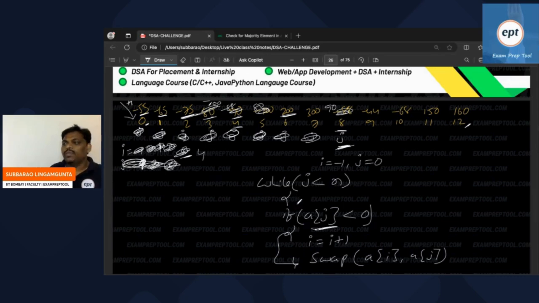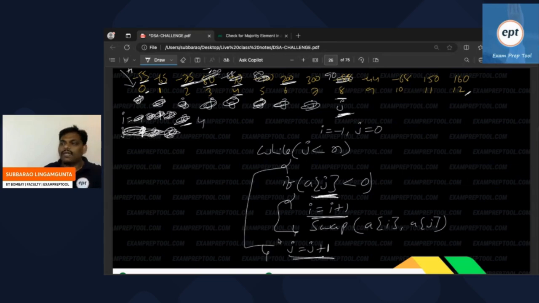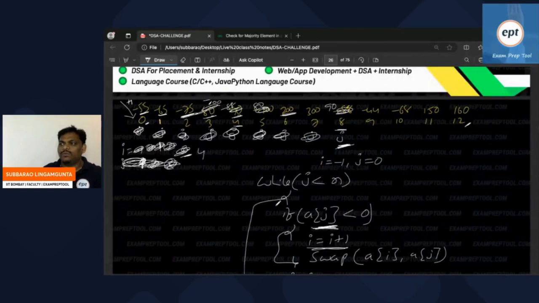Then you may ask, what about j? J will always increment by 1. If smaller, I will increment. If not smaller, j will always increment. So this is the thing which is going on. Same thing. Whatever I did, I have written the rough code also. After swapping is over, as usual,